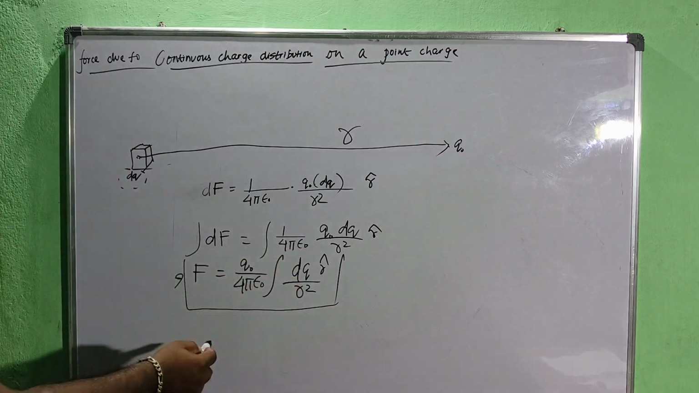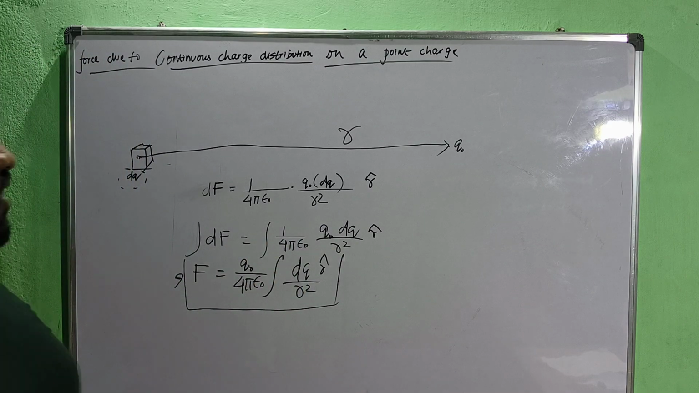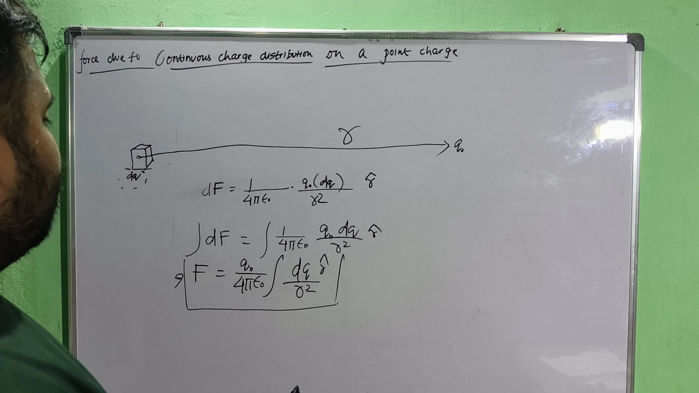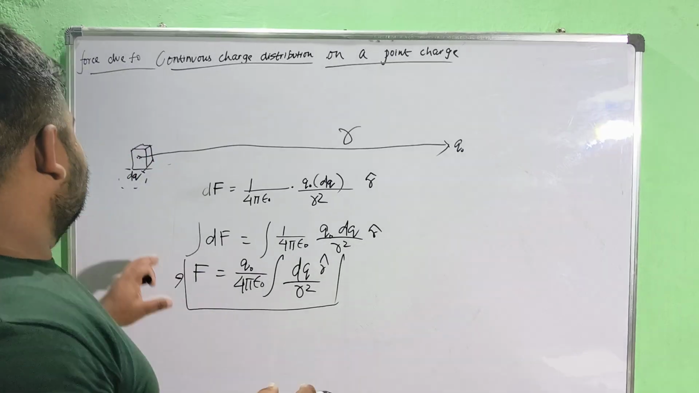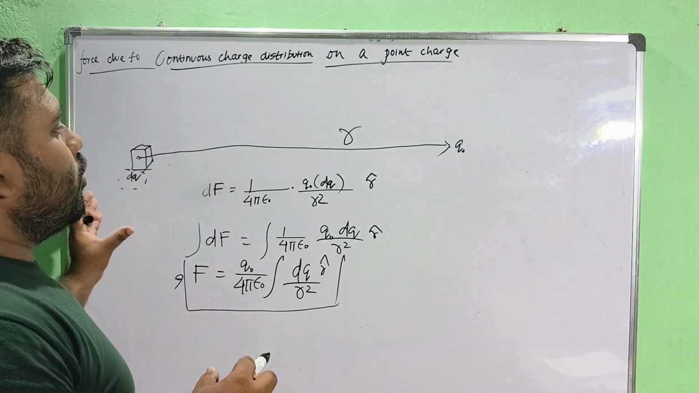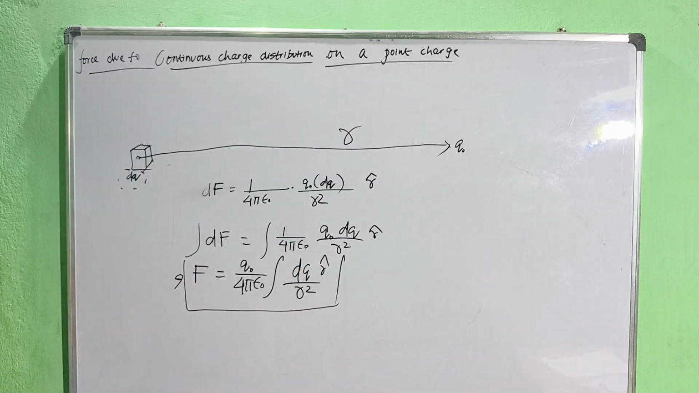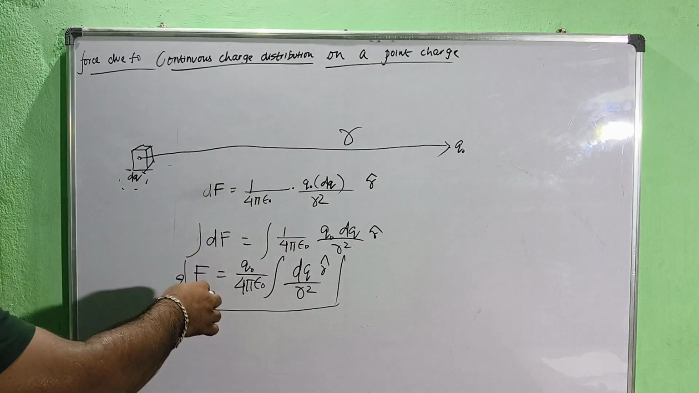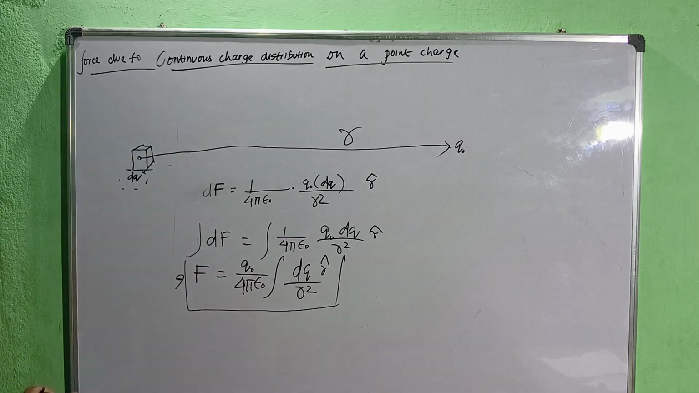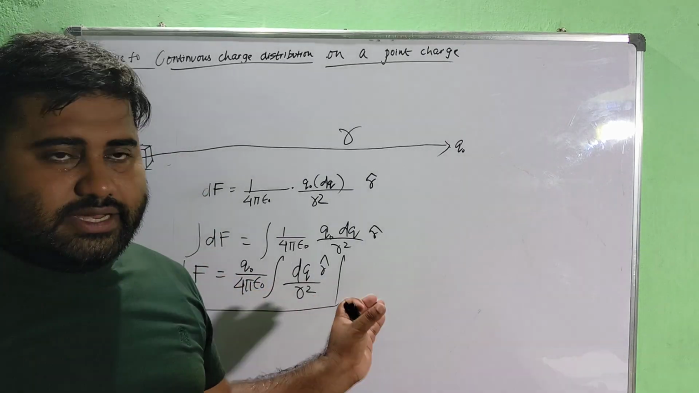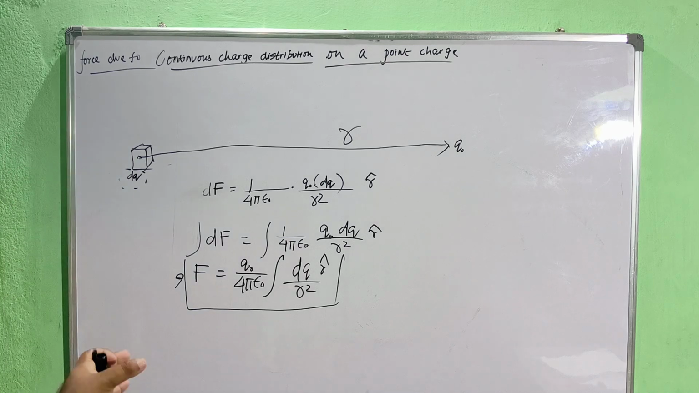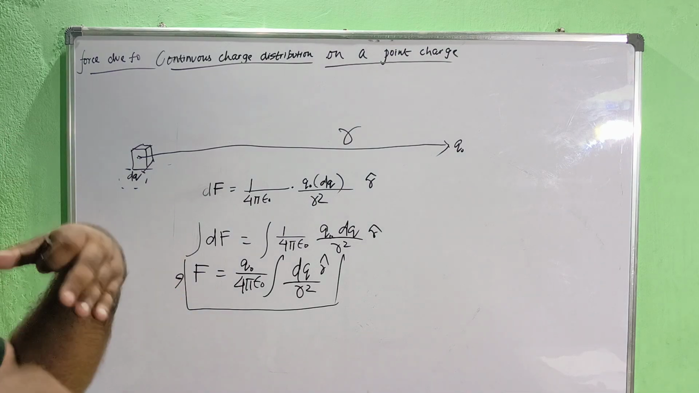When we integrate this thing under given conditions, we'll find the actual amount of force this charged object exerts on that point charge q naught. So this is the force due to that continuous charge distribution, and this integration comes due to that continuous charge distribution. If it would have been discrete,